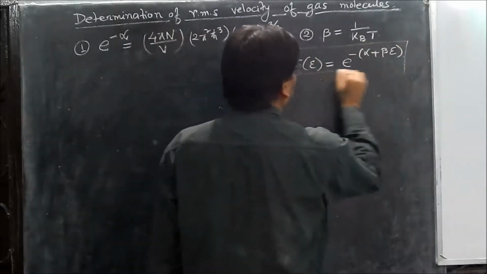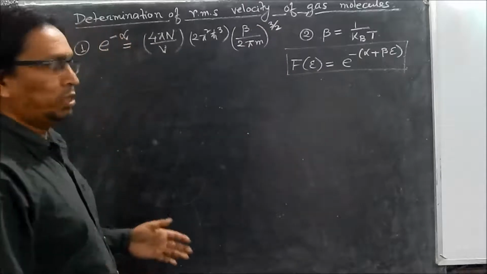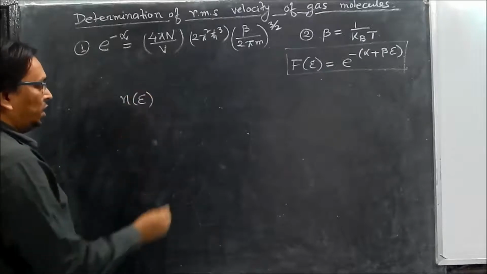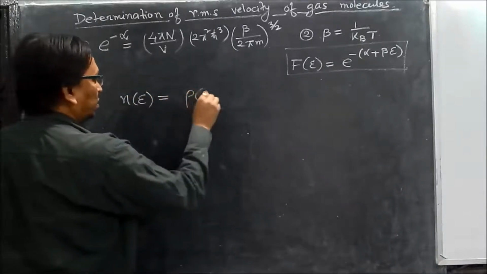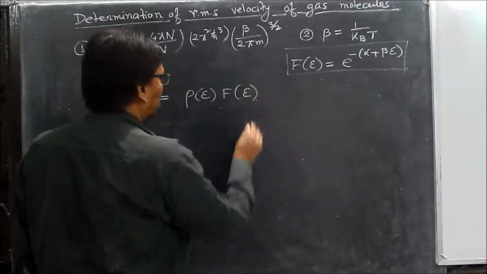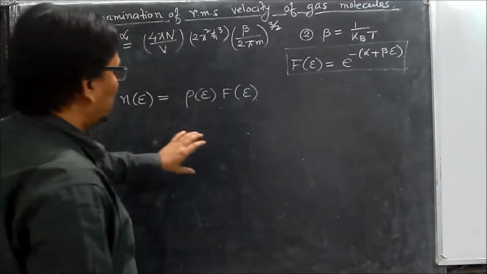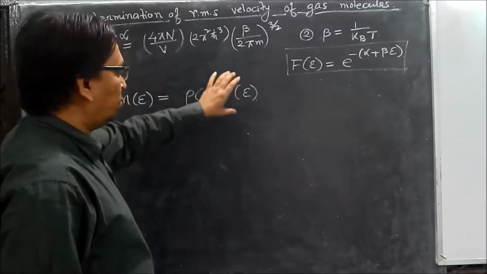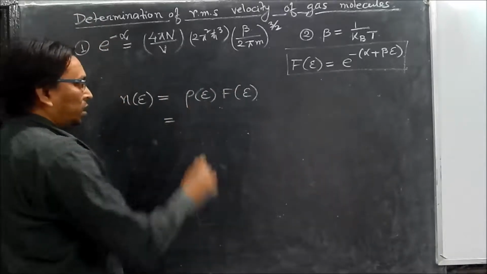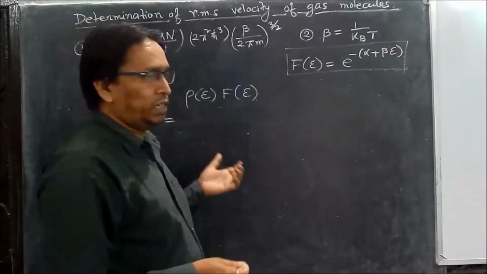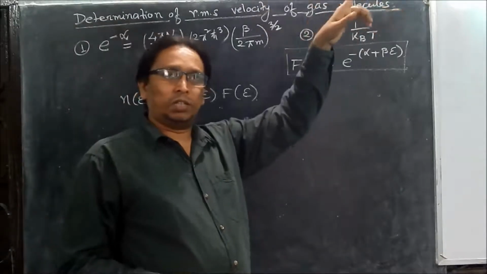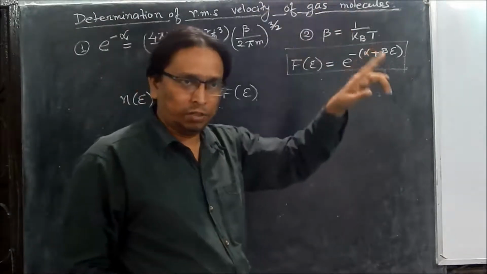So we have learned these things, and another thing we learned in our previous class is that the number of particles having energy epsilon is the energy space rho epsilon times the occupancy function. So this is the number of particles having energy epsilon. If we use the formula of energy space, again, those who have not seen how to find the momentum space and energy space are advised to see this. At the top you can see there is another suggestion, so they can go to that video to find this.